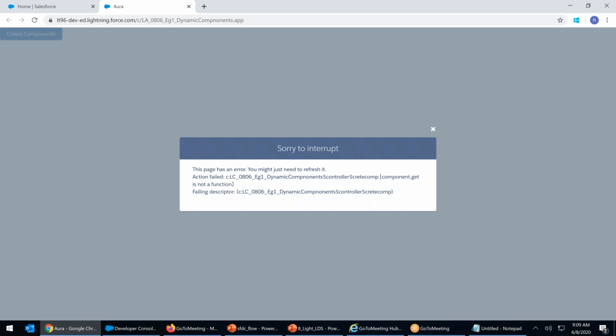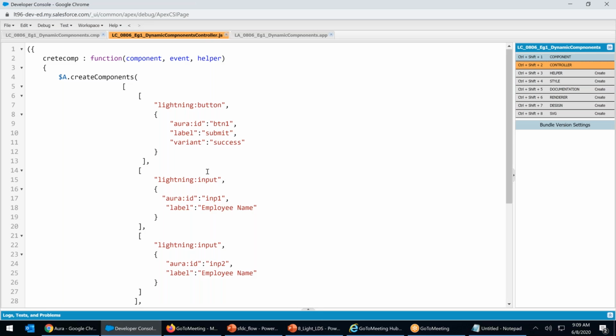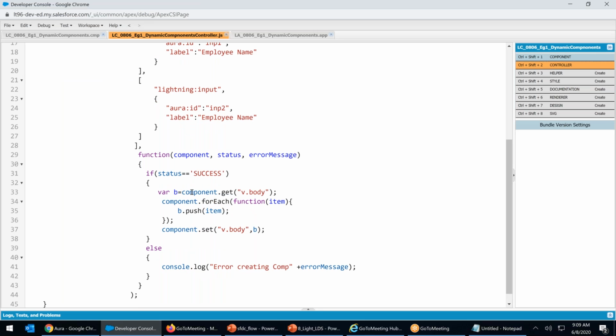Okay, ready? Create component. No. What happened? Action failed. Component.get is not a function, right? Create component.get is not a function.